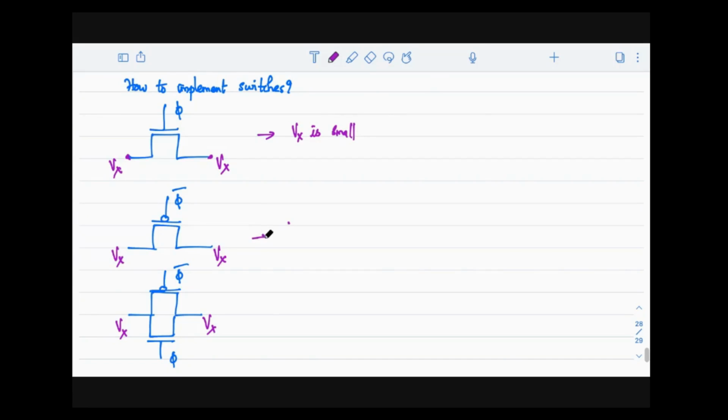Now, in the same way, we use the PMOS when we want to equalize large voltages, right? Large voltages is nothing more than VDD, but we look at Vx. When Vx is large, we go for a PMOS based switch. And finally, the transmission gate is used when the voltage you need to equalize, Vx, varies from small to large. This is what generally we will use the switches for. Right. Now, let us come back and look at the first switch that we need.